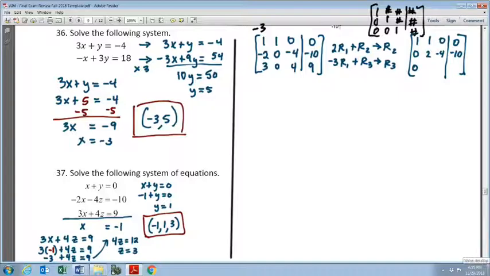And let's multiply 1 by negative 3, we get negative 3. Adding that to 0, we get negative 3. Of course, negative 3 times 0 is 0. 0 plus 4 is 4. Negative 3 times 0 here, you get 0, and 0 plus 9 is 9. All right, now that we've got the 1 in the upper left-hand corner, and then zeros below the 1,